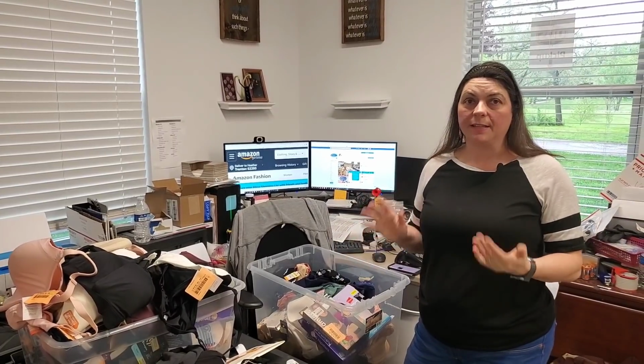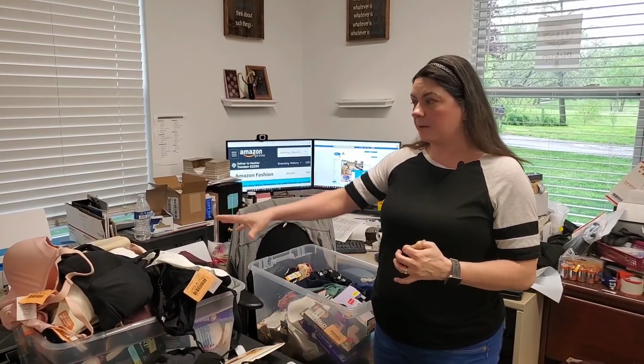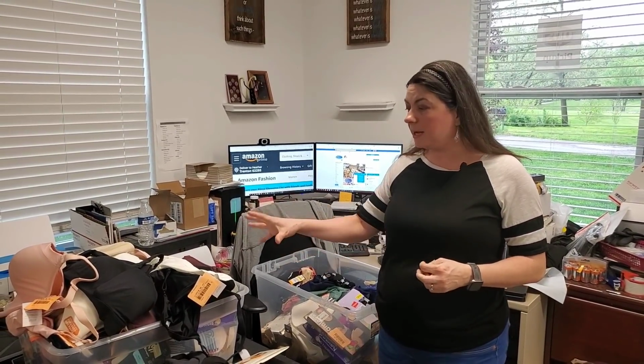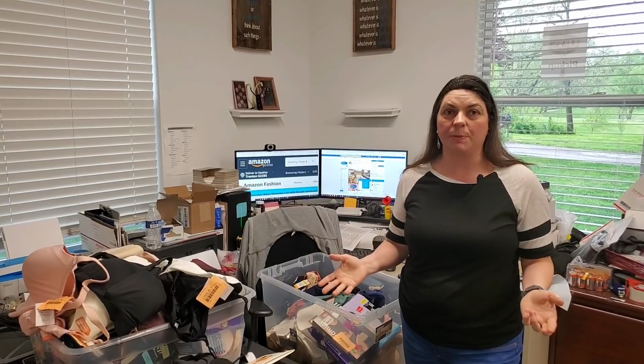As you can see, I've got a lot of things in these two containers that are small and they're intimates. Some of them are the bras that we're still going to scan and see how much we can make on Amazon, but what about posting them and listing them yourselves, like on eBay or Poshmark? That gets to be really, really time consuming. So how do we alleviate all of the time we're going to spend on these small items and still maximize